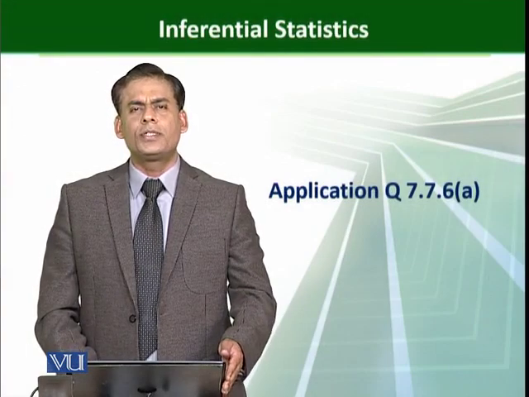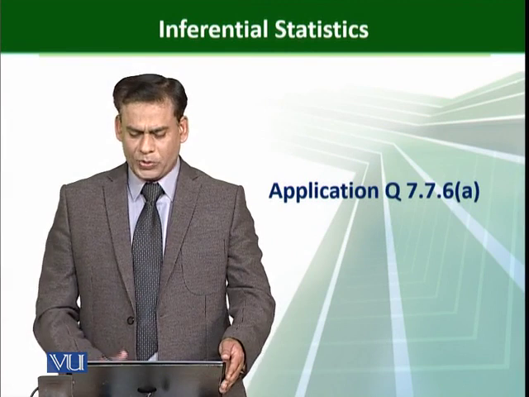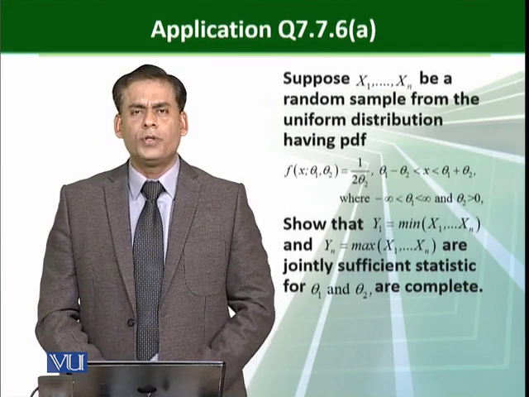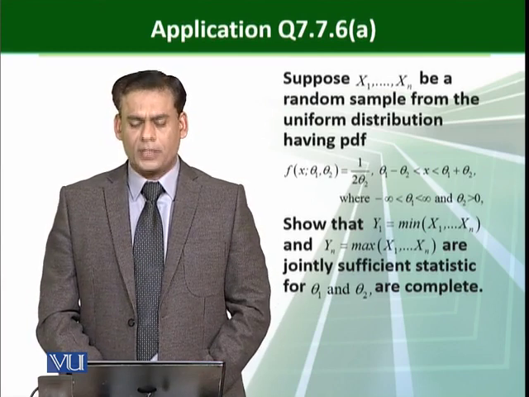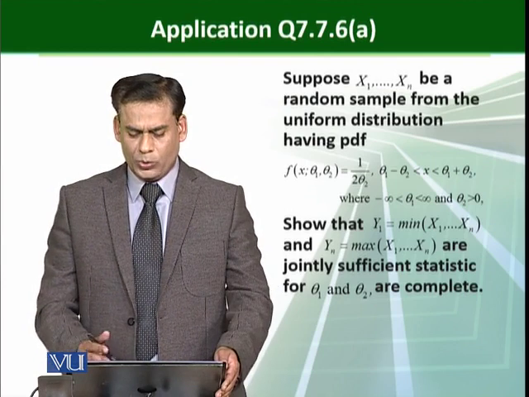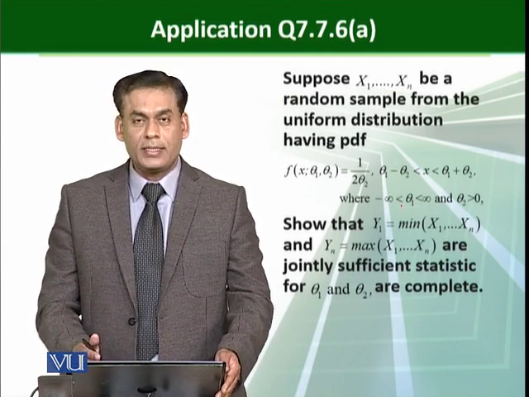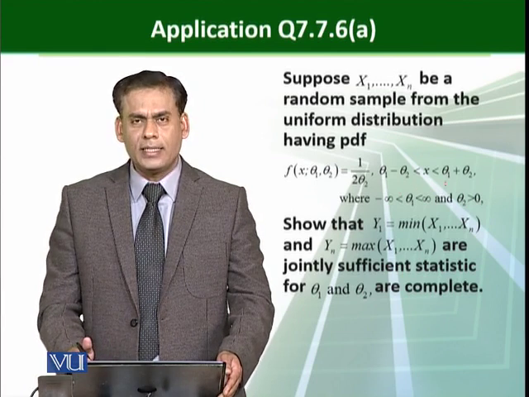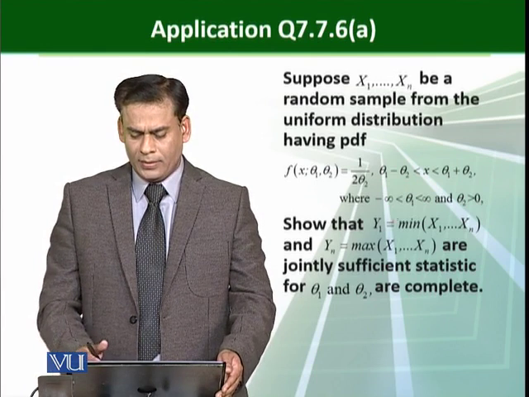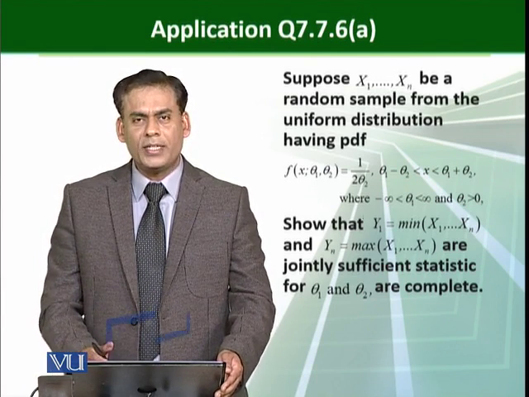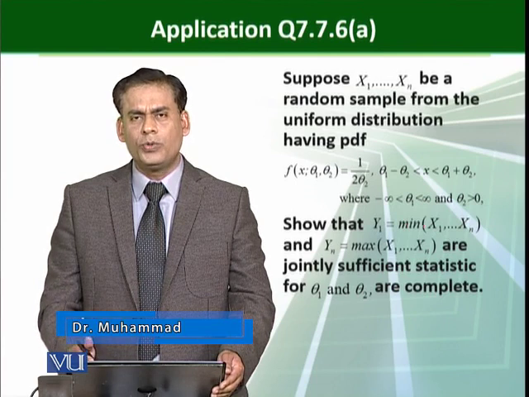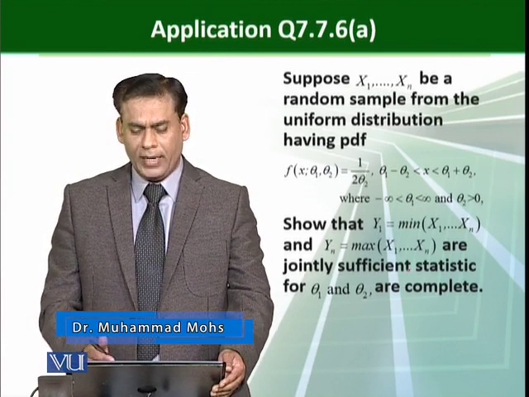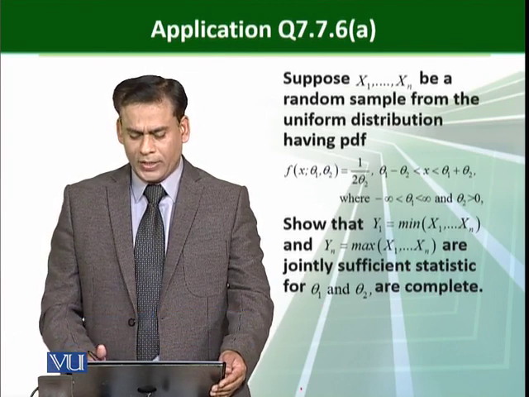Application. Now we take a question from Hogg, McKean and Craig's book, question number 7.7.6, part a. Suppose X1, X2, up to Xn is a random sample from the uniform distribution, that is 1 over 2 theta 2, with range theta 1 minus theta 2 less than x less than theta 1 plus theta 2, where theta 1 is between minus infinity and plus infinity and theta 2 is greater than 0. Show that Y1, the minimum statistic, and Yn, the maximum statistic, are jointly sufficient statistics